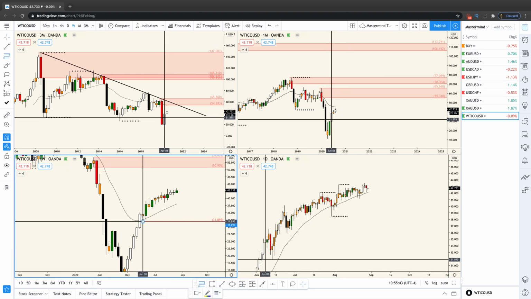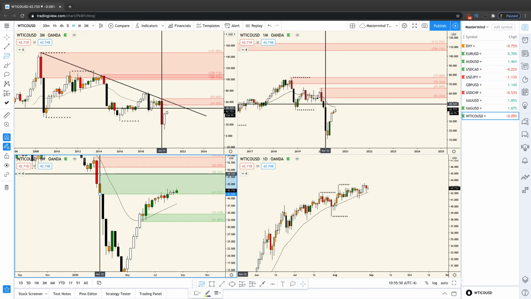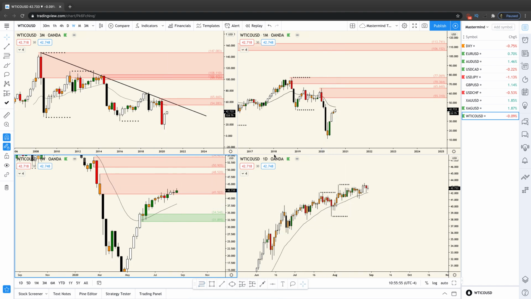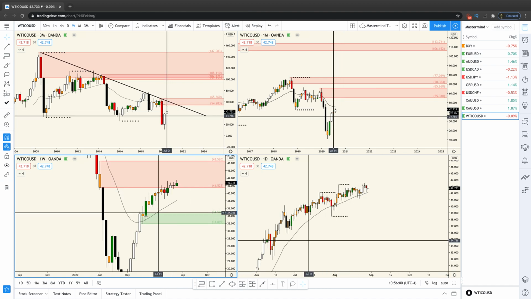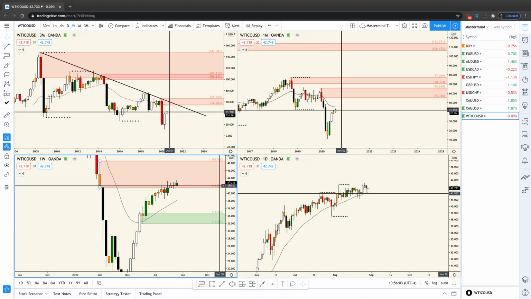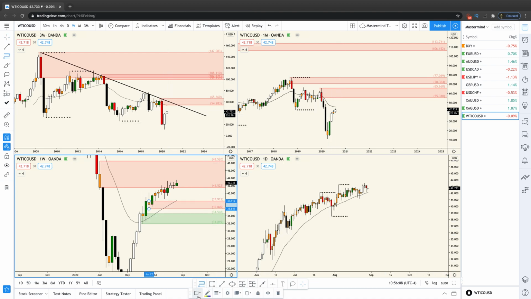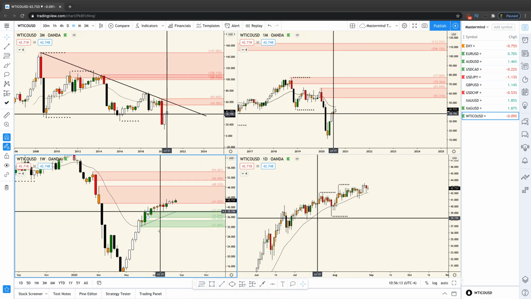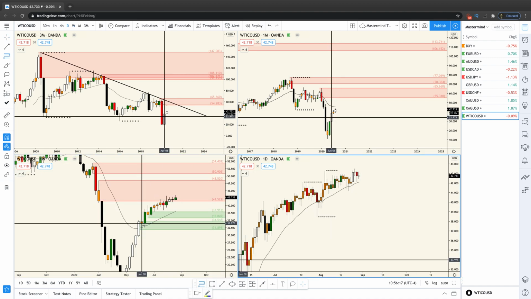As far as buyers go, none of these really took out any supply or anything. And you know what, I'm going to draw this as well. That's an important one to draw. I think this 50% candle, because there is some supply sitting here in the weekly. That's why maybe we've been seeing price stall out here. It's just selling right around this $41 to $48 area. Just something to keep in mind. I'm not saying that this zone is going to hold, but I just want to have all these little areas on here to see. As far as the daily goes, if you want to get a pullback down to this